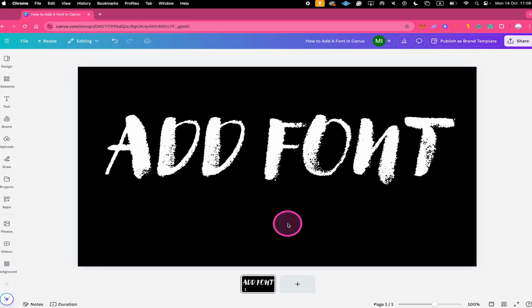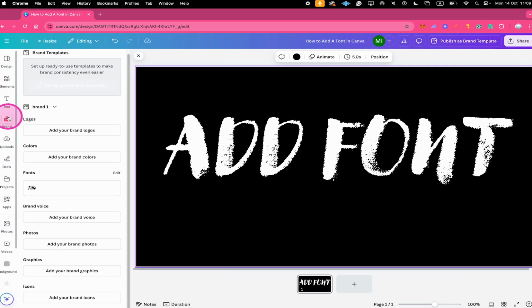Let's have a look at how to add a font in Canva. Please note that adding fonts in Canva is a Canva Pro feature, so you need Canva Pro in order to add fonts. In Canva Pro, to add a font, go to Brand on the left side, then scroll down and